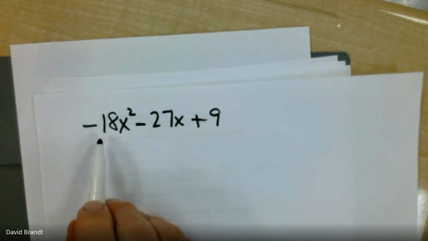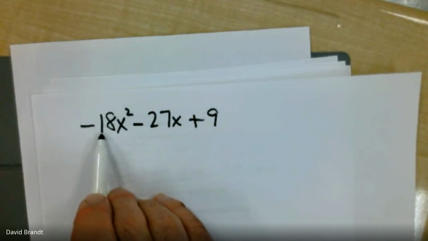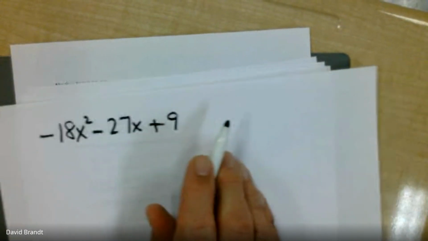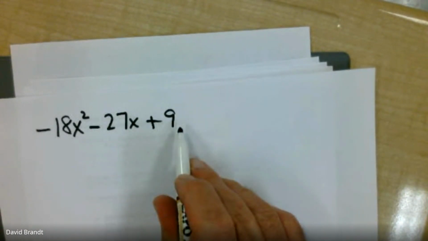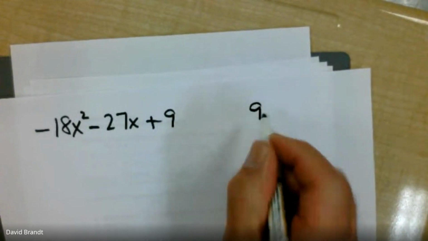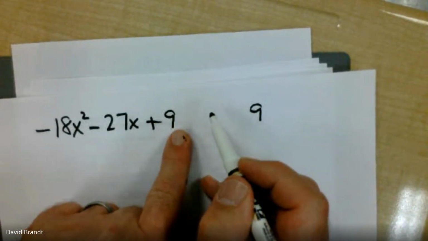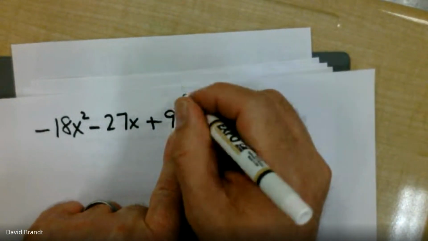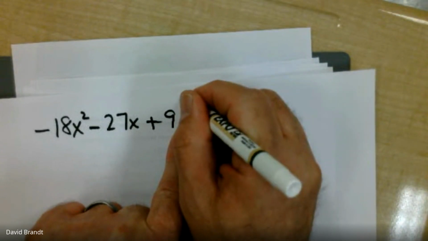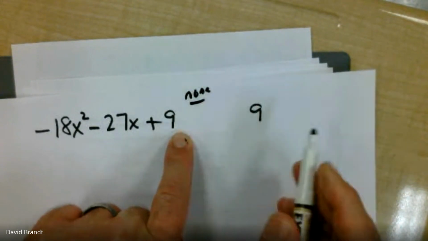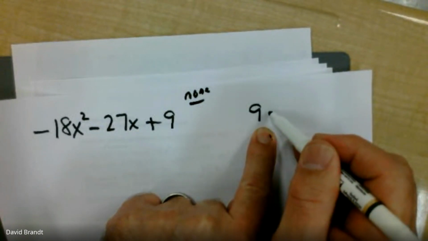All right, what is the largest number that divides into 18, 27, and 9? The largest number that divides into all three is 9. What is the smallest exponent on the x's? 2, 1, none. So if the smallest exponent on the x's is none, you cannot put an x here